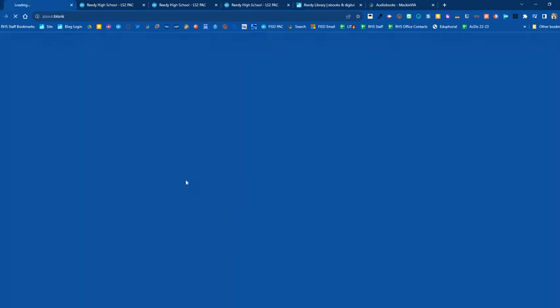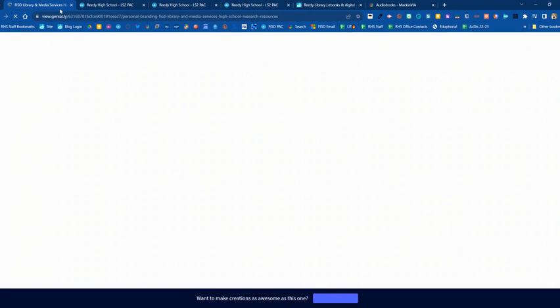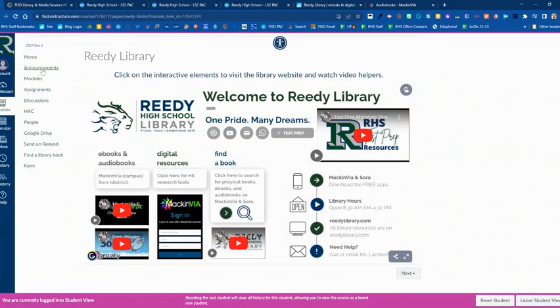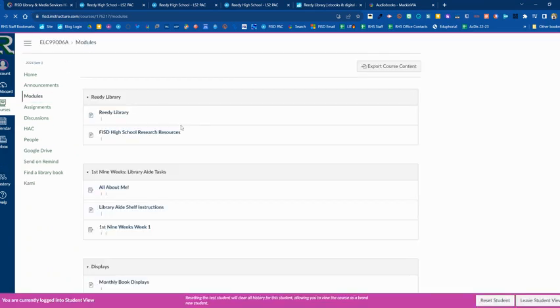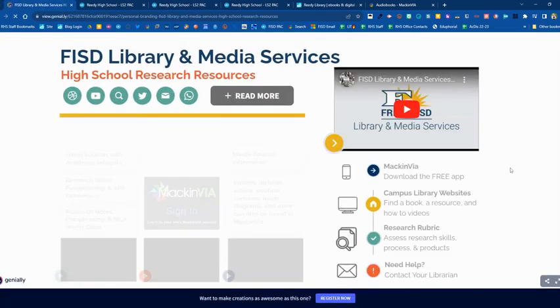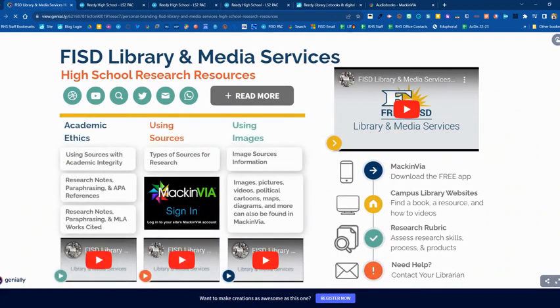research tools for high school, which is going to take you to this Genially, which is also in the module, and it's the second page. It's this one right here. So if you click on that, it's going to be this exact same thing. These are all of our resources that we provide here at Reedy High School for you and in Frisco ISD